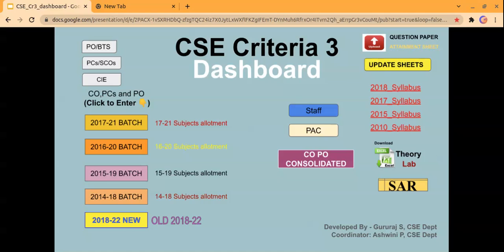That's why I'm here concentrating on one of the important criteria, that is criteria 3, wherein an institute or a program can fetch around 120 marks. Now, for this, we need a help from criteria 2.